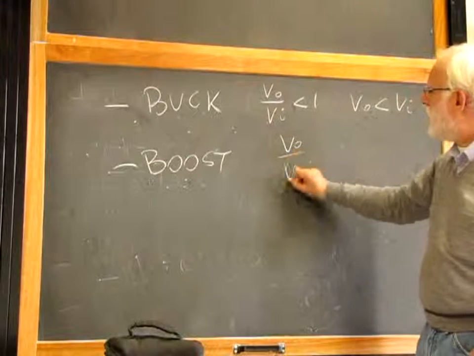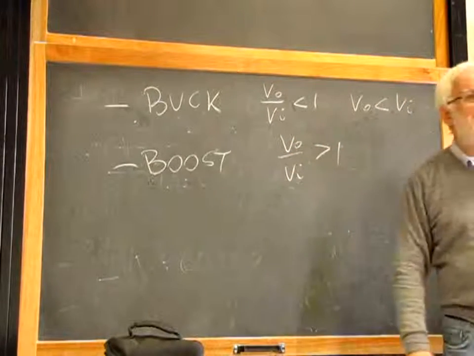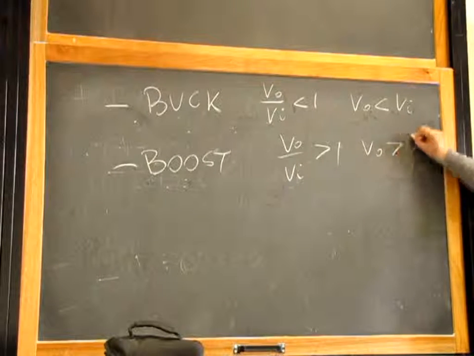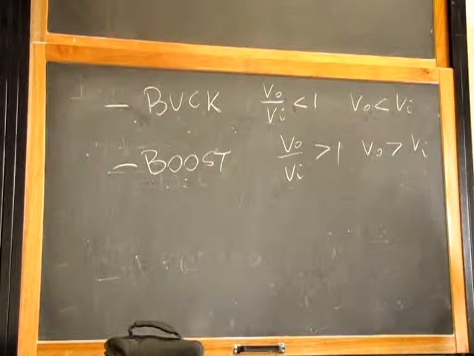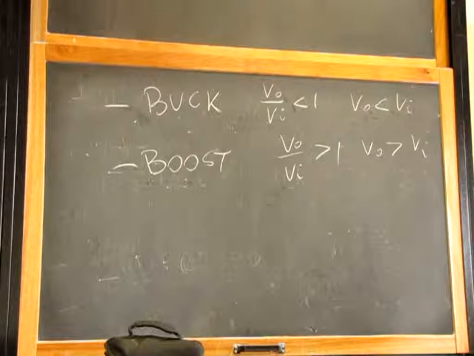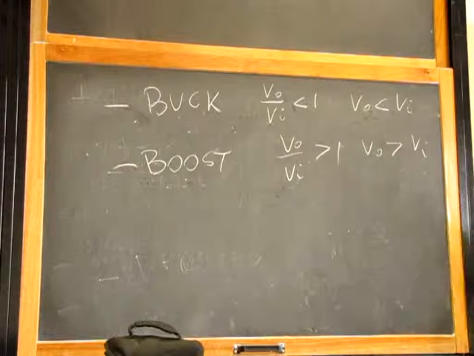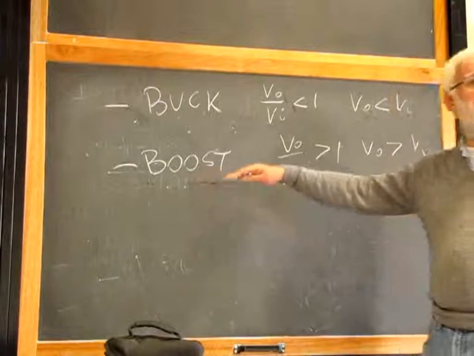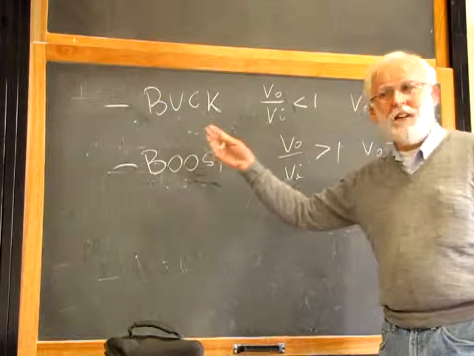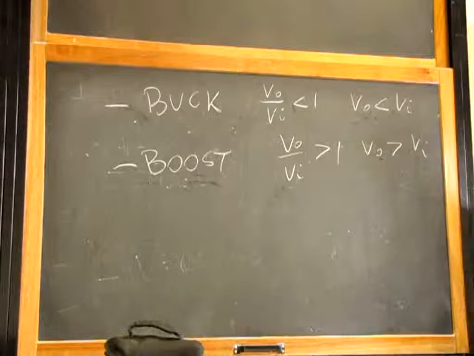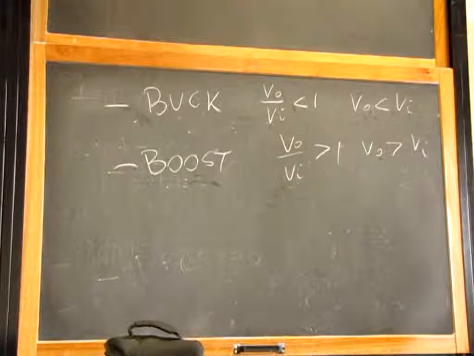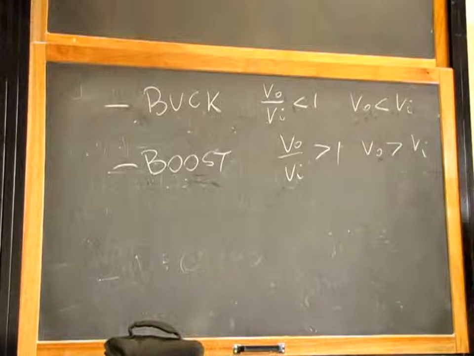where V0 over Vin is larger than 1. Or V0 is larger than Vin, but be careful, because how much is a larger voltage than negative 10 volts? A larger voltage than negative 10 volts is, for example, negative 5 volts. That's not the case. But if you know what the verb to boost means, you know what this means. Usually we are used to thinking in terms of positive voltage. Our ground, our reference voltage is 0, and our voltage is positive. Be careful if sometimes we need negative voltage.